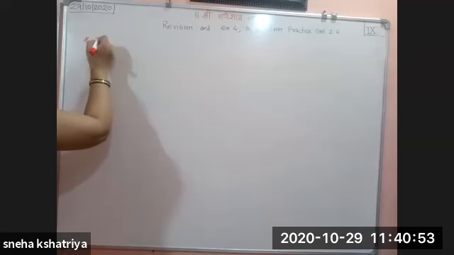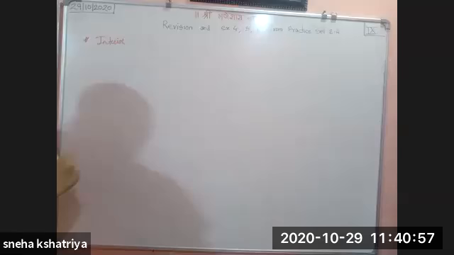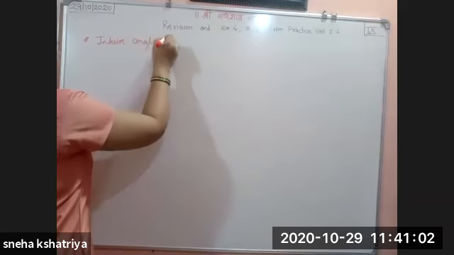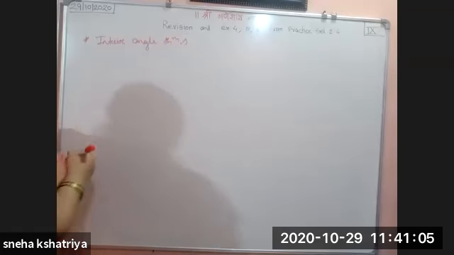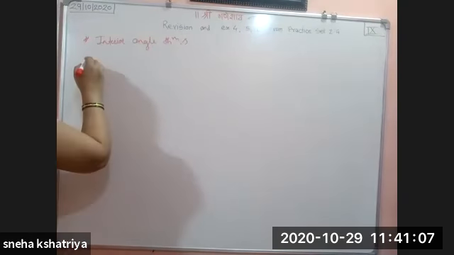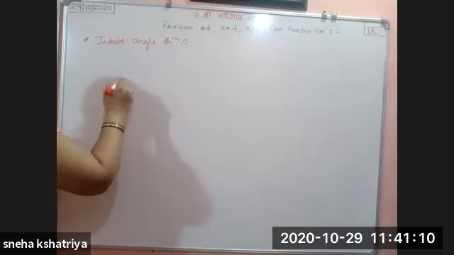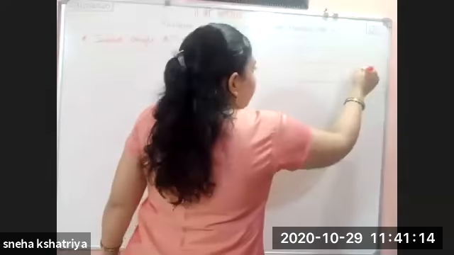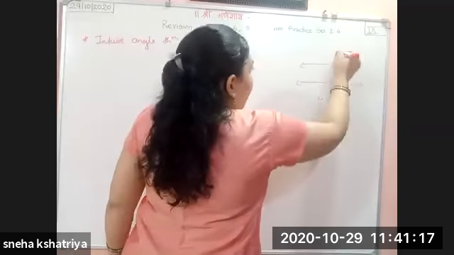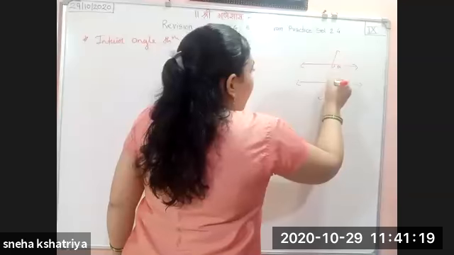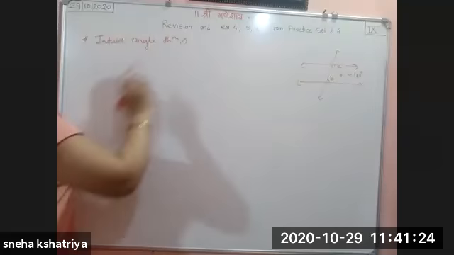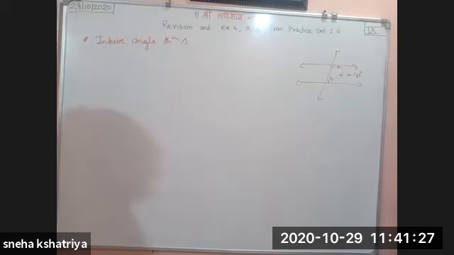Okay. Then we have seen the properties of the interior angle theorem. Interior angle theorem. What does the theorem state? That the angles which we have taken here, when these two parallel lines are there and a transversal intersects, then whatever angles are formed here, their addition is 180. That we have to prove in this theorem. That only we have to prove in this theorem.